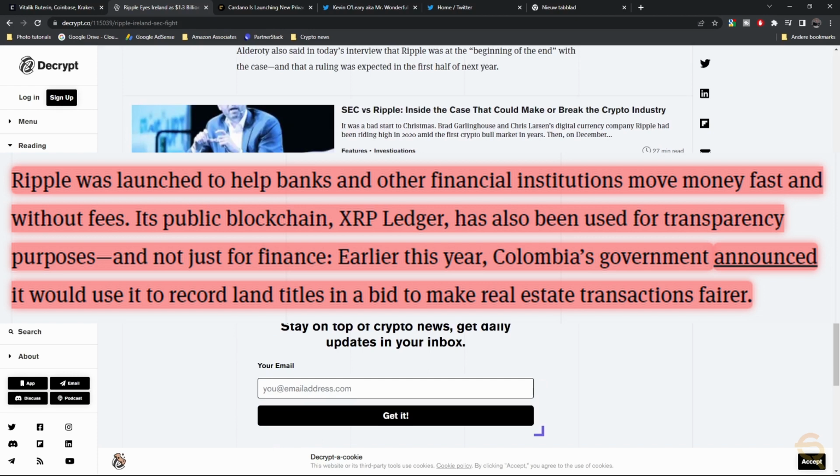And in case you don't know what Ripple is, it was launched to help banks and other financial institutions move money fast and without fees. Its public blockchain, XRP Ledger, has also been used for transparency purposes and not just for finance. Earlier this year, Colombia's government announced it would use it to record land titles in a bid to make real estate